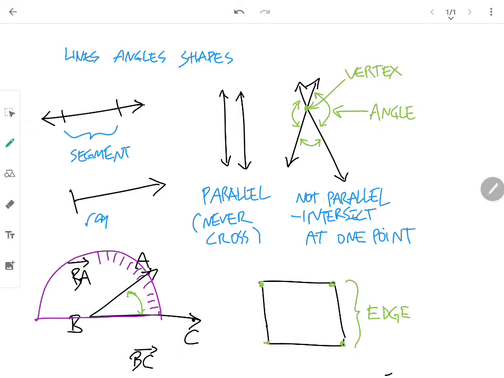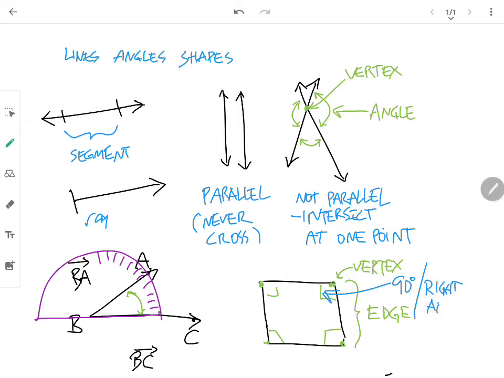Now because these are lines that are also intersecting at that vertex, so there's a vertex here and there's many vertices, which is just a plural. Then, because it's two lines, they always form angles. Now, I'm drawing the angle as a little square bracket here, because the angle in a square is actually perfectly 90 degrees. So squares have vertices that are 90-degree angles, which are also known as right